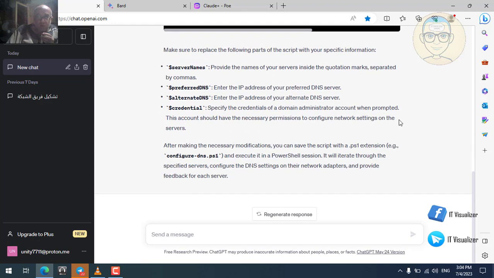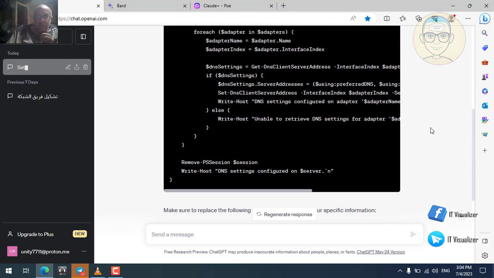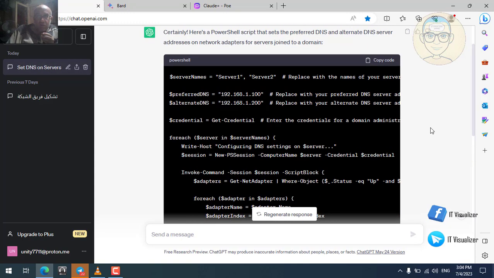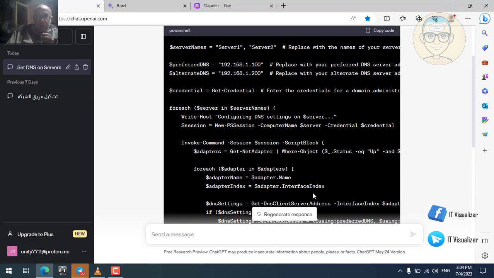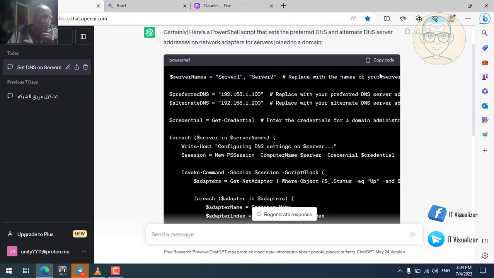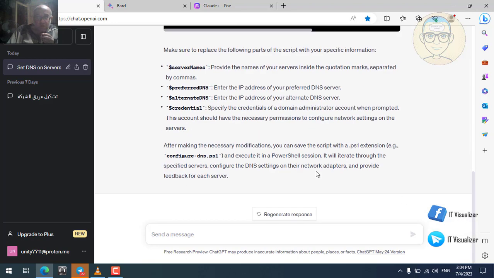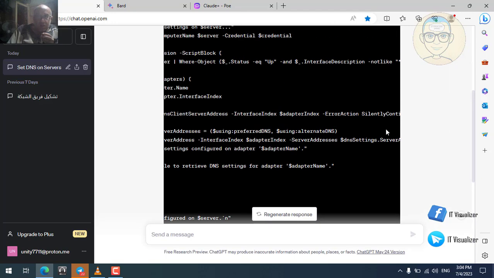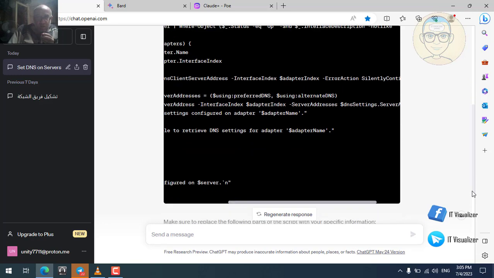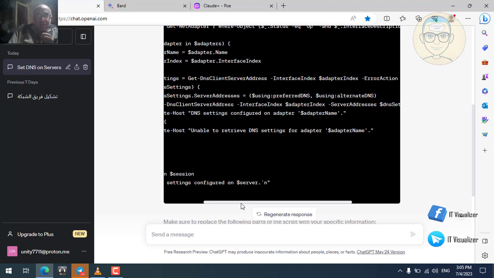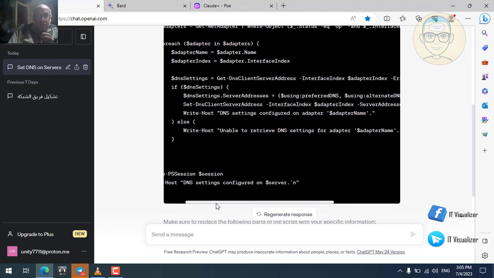So he's giving here a more detailed script. If you go there and see here, you will tell him the name of the servers. This is the name of the servers, but I can't see the script as a whole. If you go further down and try to see the script like this,